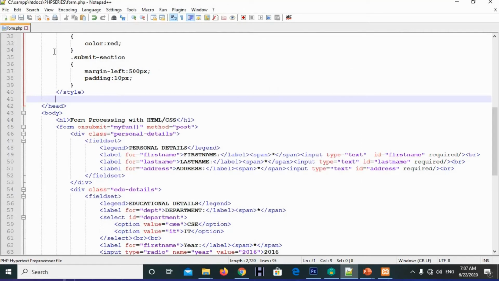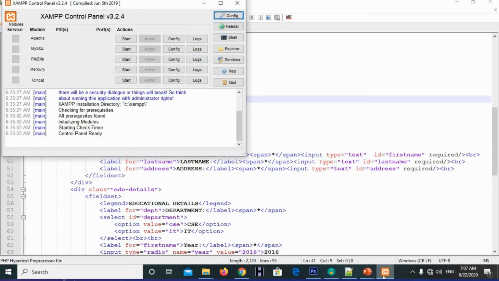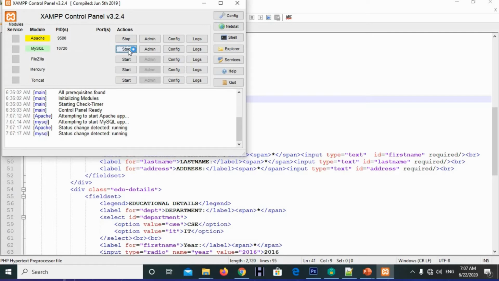Before adding any changes, just start your server. To run the PHP file in your localhost, we have to start the servers Apache and MySQL. For that we have to install XAMPP, which we have learned in the previous session. I am sharing the PHP playlist, kindly check it out so that you can have a clear idea of how to run a PHP file in localhost.